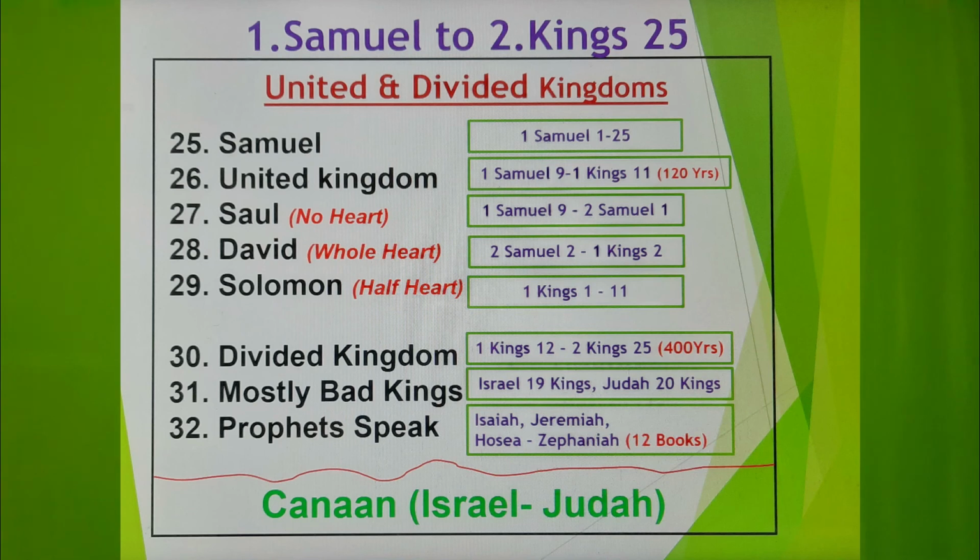Samuel is the man who led the people to the United Kingdom period, and the first 3 kings ruled the whole land. Then the kingdom divided after Solomon's death, and there were 19 and 20 kings. Only in the southern kingdom were 8 kings God-fearing. Because of the idol worship and disobeying the law of the Lord, God sent the prophets to the land.